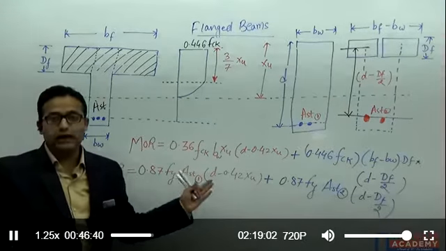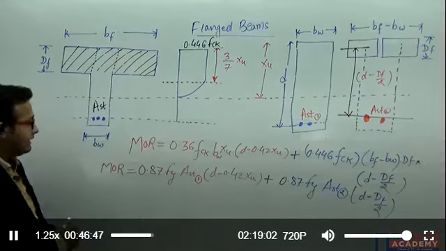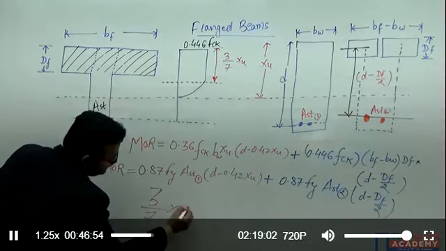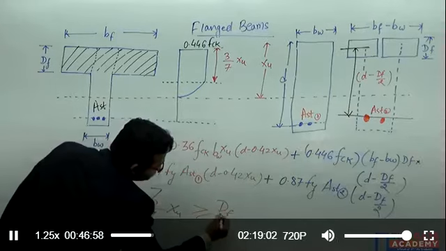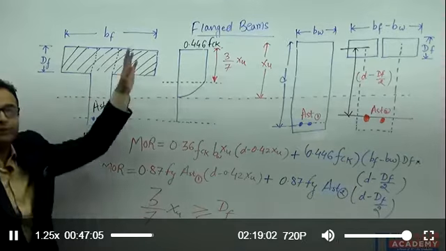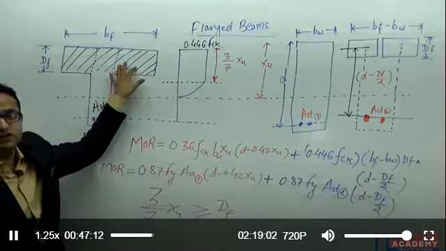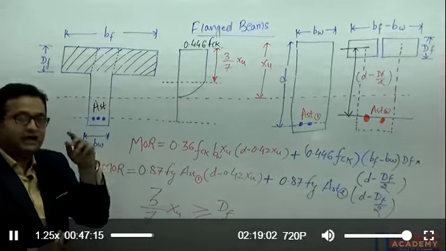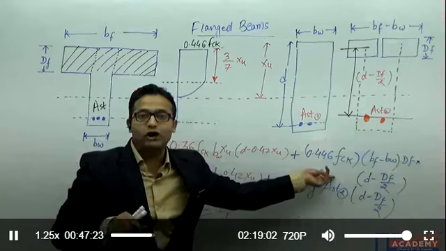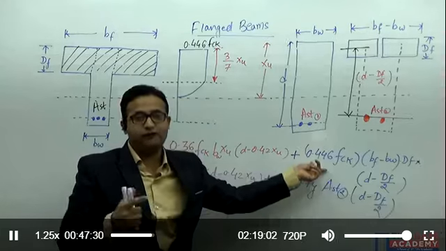So this is our case number 2 and sub case 2.A, where I was getting 3/7 of xu greater than or equal to the depth of flange. I was getting this condition in this particular picture. So I realized in this fashion, because my flange is uniformly stressed, I easily took the stress in my flange portion equal to 0.446 fck. I have taken this 0.446 fck directly because the stresses in the flange portion are uniformly distributed. That means I can directly take 0.446 fck.